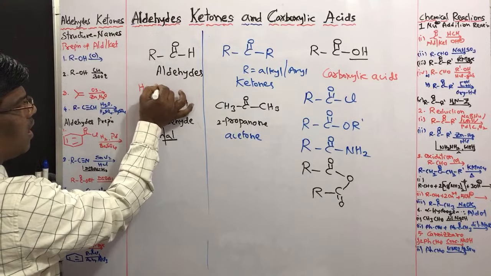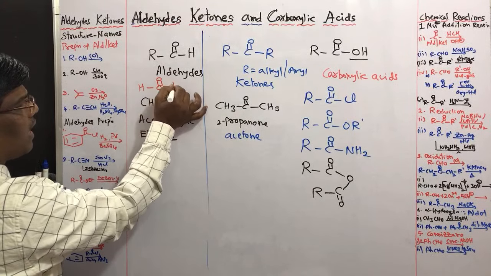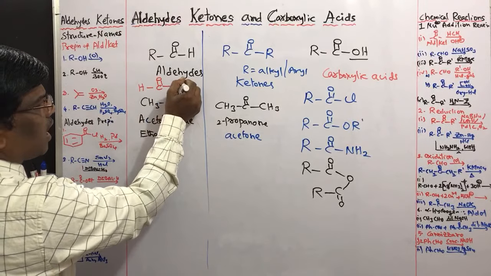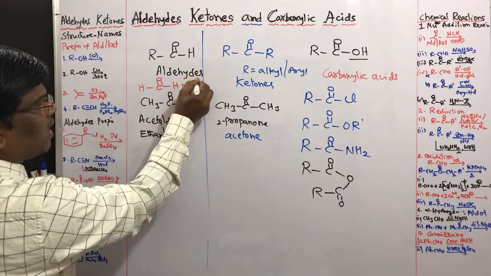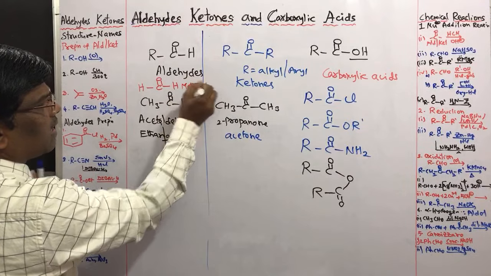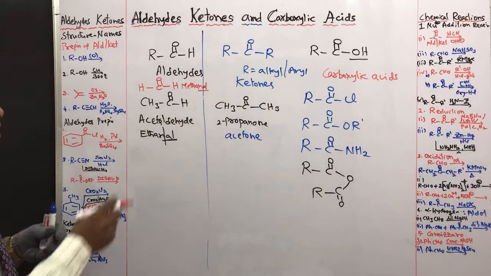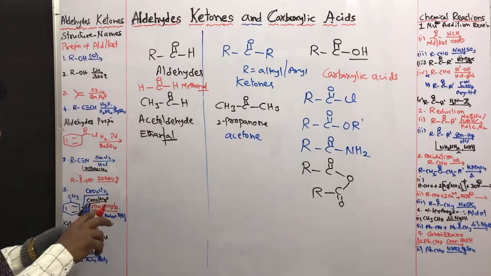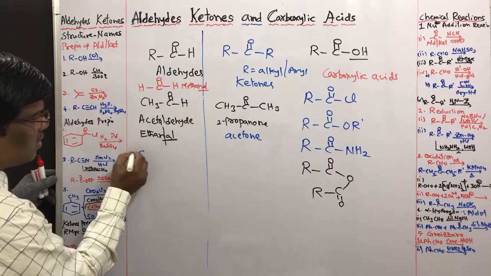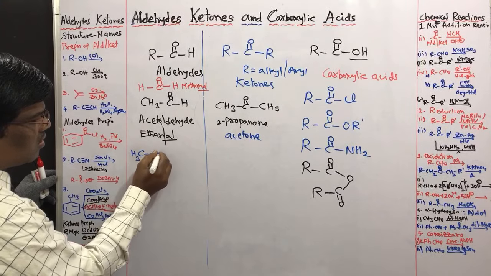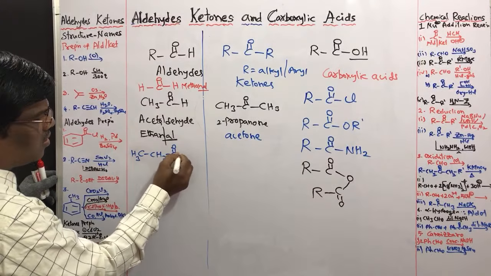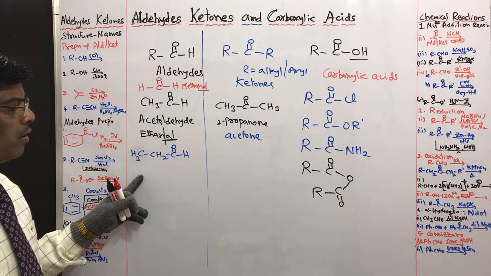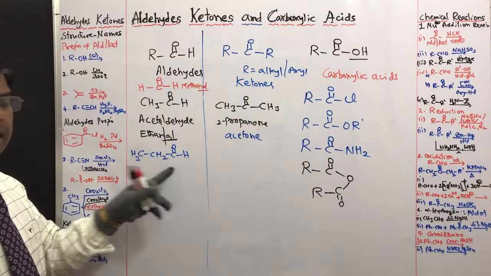The starting one-carbon aldehyde is formaldehyde. Its IUPAC name is methanal, 'al', methanal. And the two-carbon aldehyde is acetaldehyde. Then comes propionaldehyde,